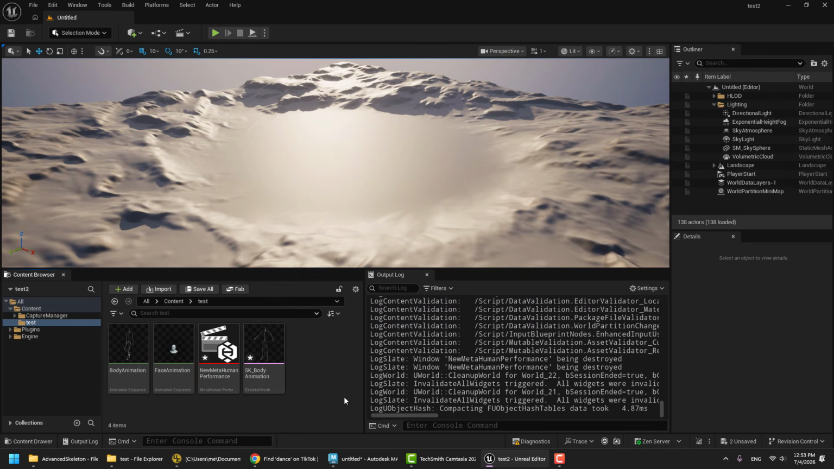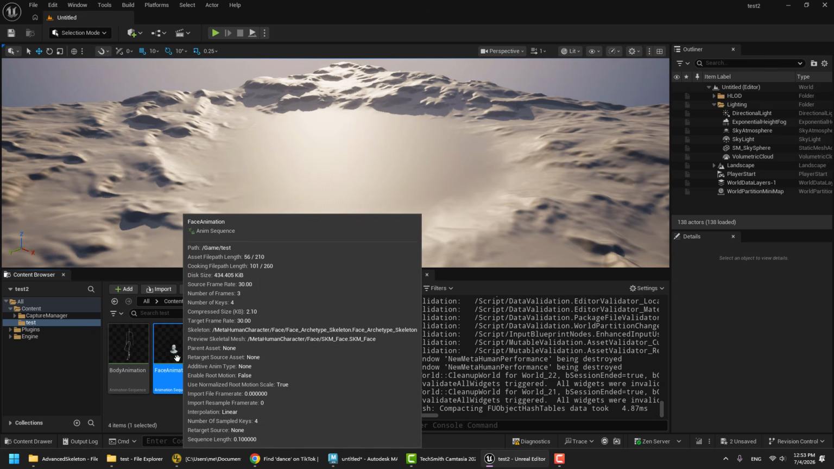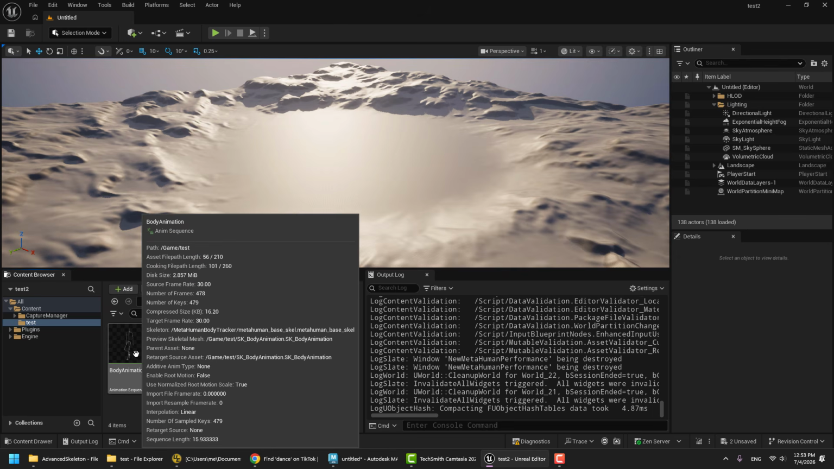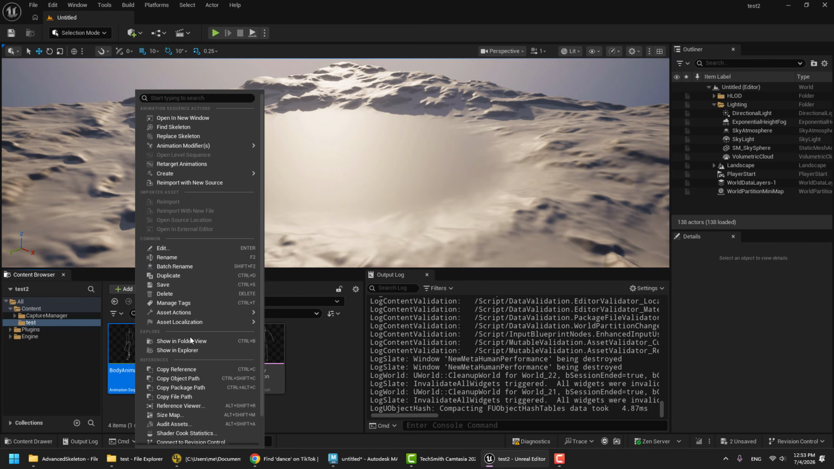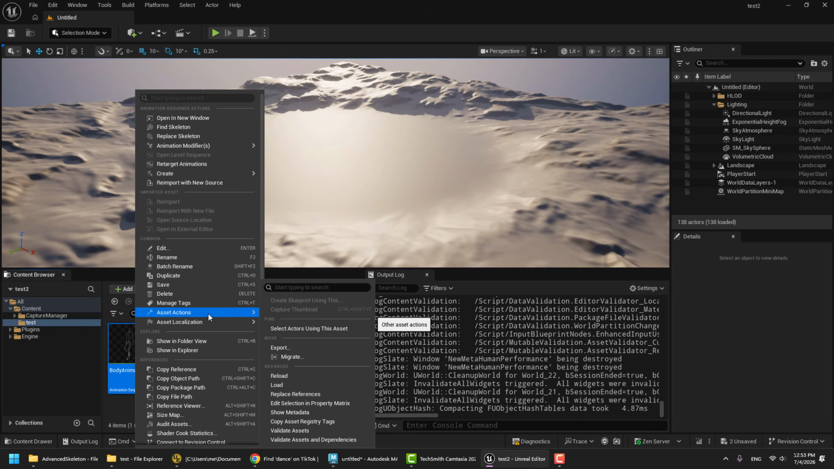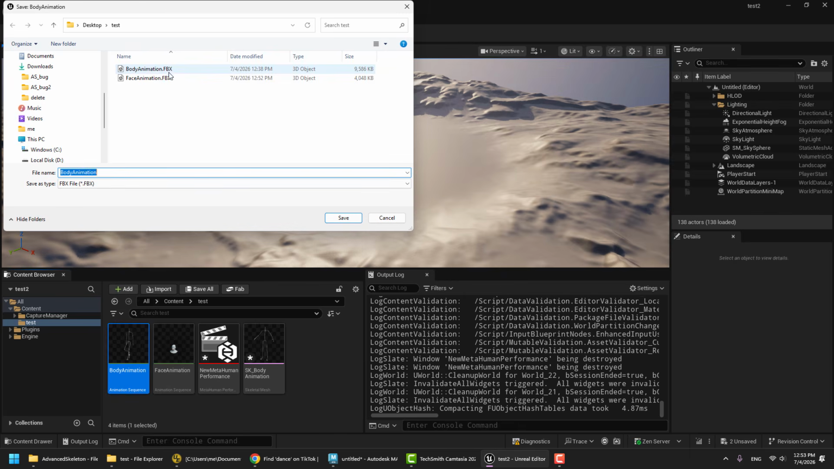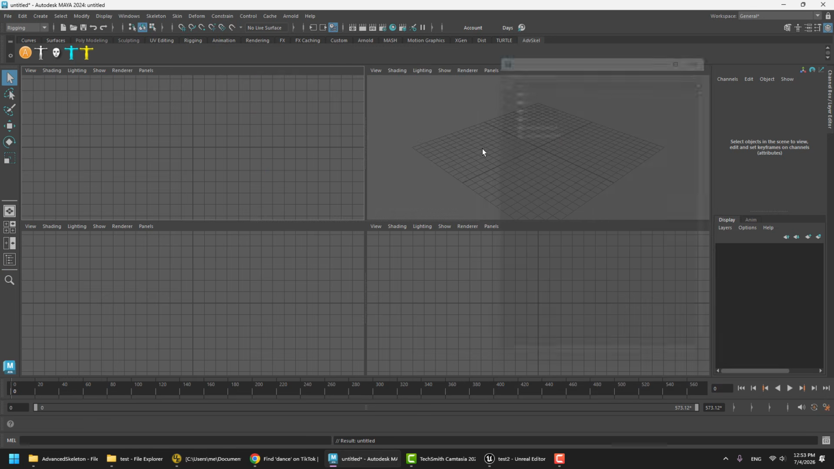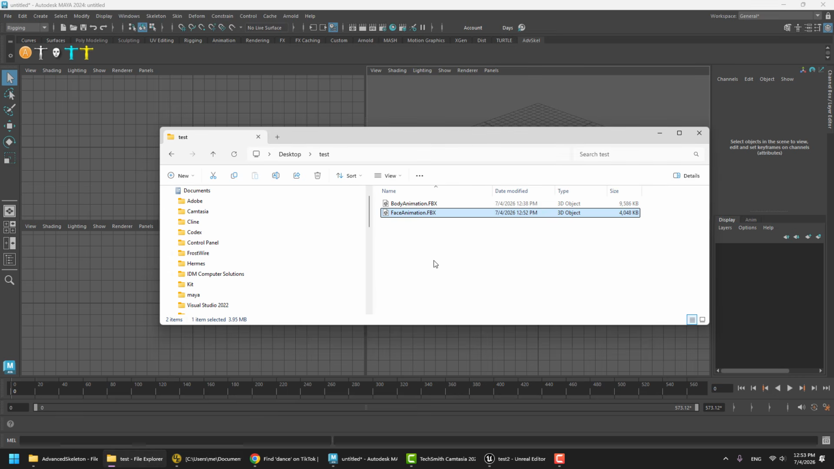And here you can see in the content browser, we have body animation and we have face animation objects. For each one of these, we are going to right click and say asset action export and write out FBX files for these. And what I recommend is that you test out the FBX file before you try applying them